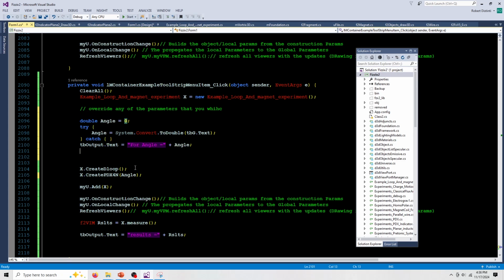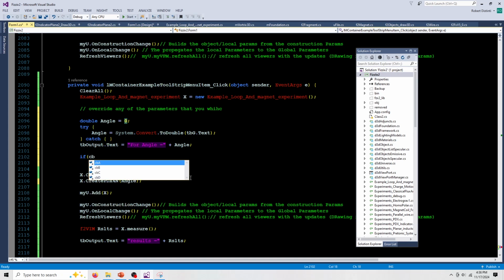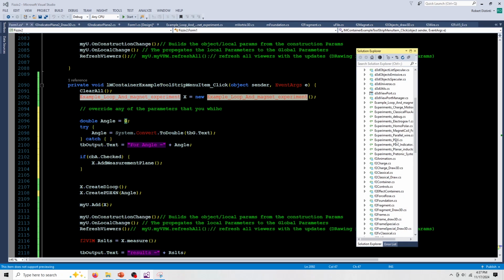Okay, next, if checkboxA.Checked, and we're going to say X add measurement plane. And that's it. We're just reading the controls here. We're exercising the controls that we put into the container, and you can put all kinds of stuff in there. If you want an example of very extensive use of the front panel controls, you can look at the